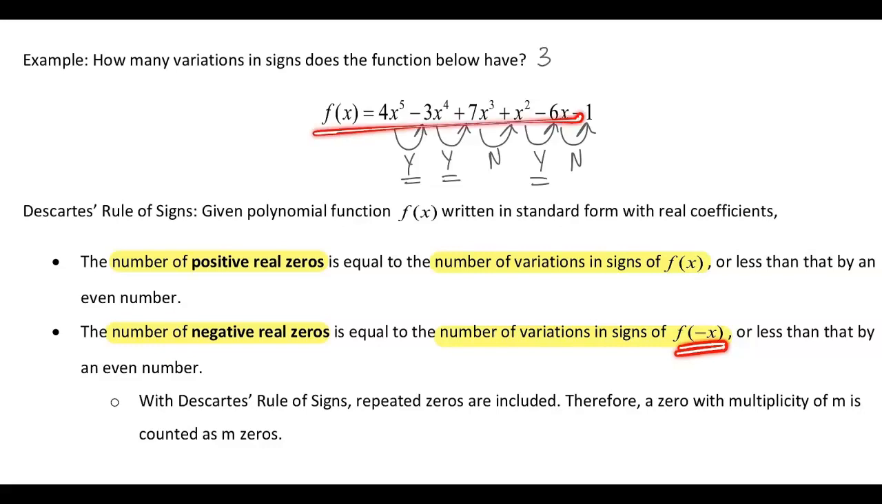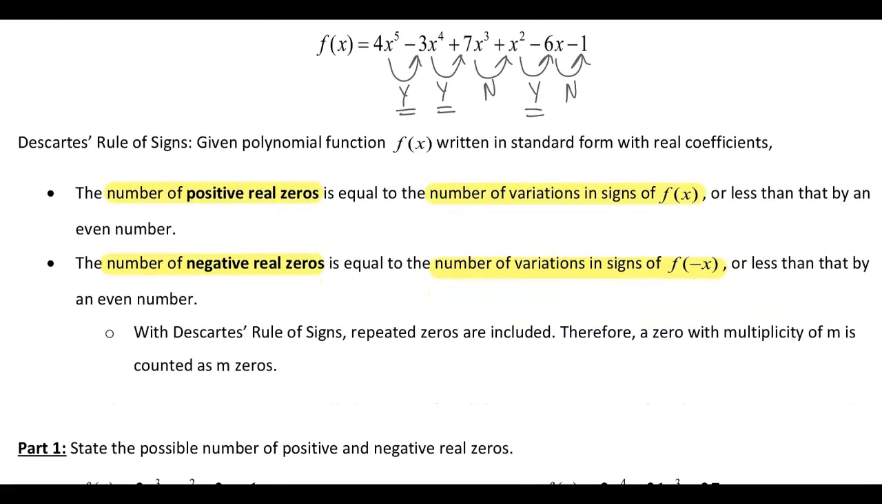Plug it in. So we would have to replace that x with a negative x and then simplify. So we're going to do that for the questions below. And the last thing that it says for the negative real zeros is that after you find the number of